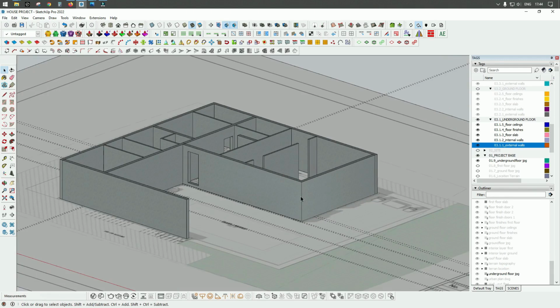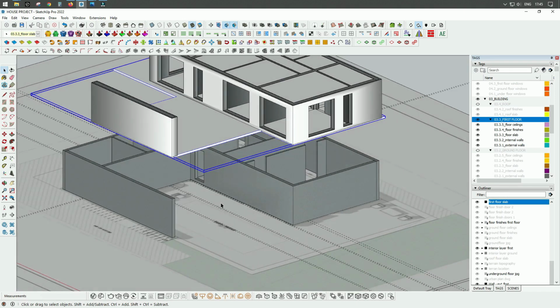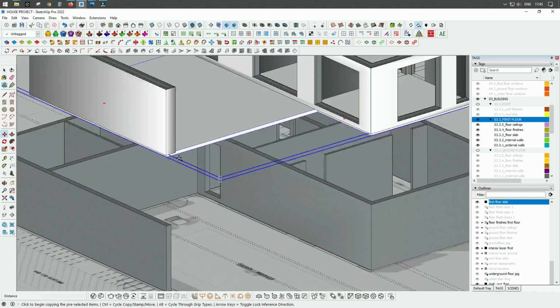We can do that very easily by unhiding our structural slab of first floor and copying this slab to our underground level. I will do that by grabbing this slab here and using the move tool in the copy mode